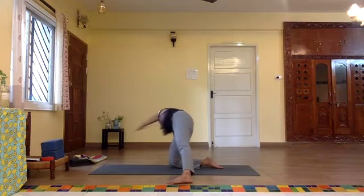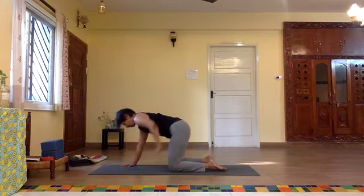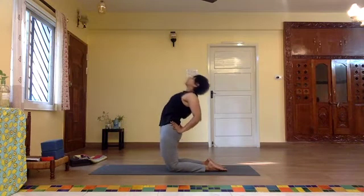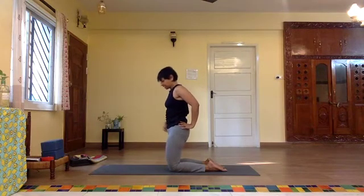Good, and then slowly walk your hands back to the mat and draw the left knee in. Hands on the hips, elbows in, chest up. Breathe in, hips move forward, lean back. Inhale, rise up. If Ushtrasana doesn't work for you, for your knees, you can lie down on the belly and